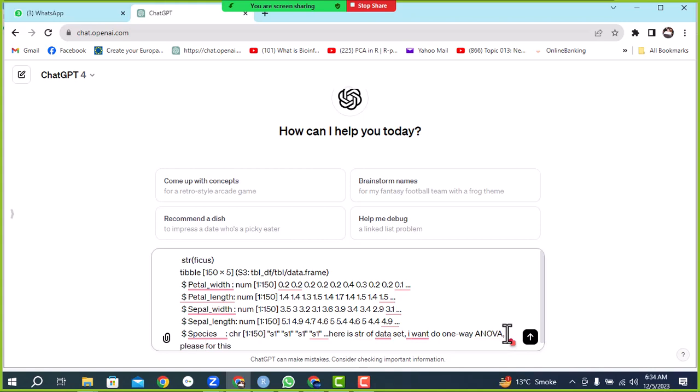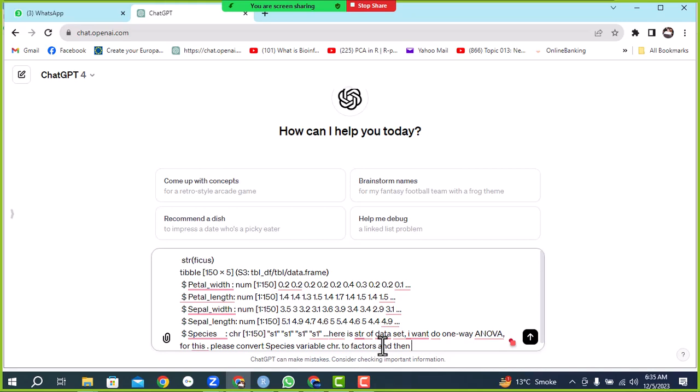Please convert the species variable from character to factor,